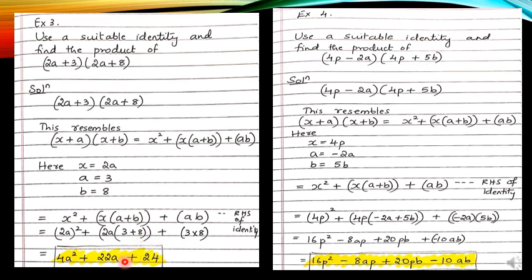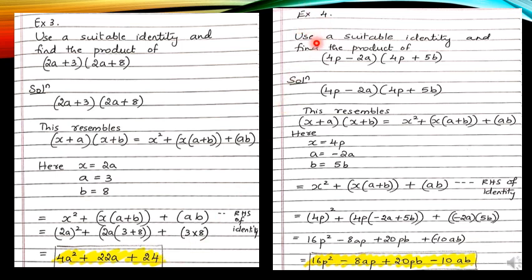Later when you simplify this, it is going to be 4a square plus, 8 plus 3 is 11, 11 into 2 is 22, and a. So it is 22a plus, 8 3s are 24. Since we don't have any like terms in this, you are going to stop it as it is.